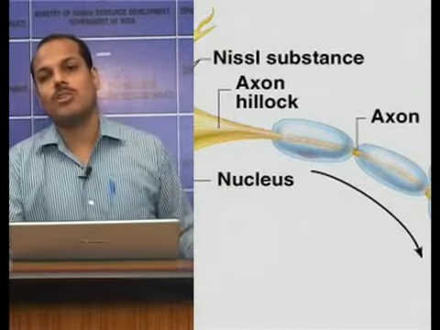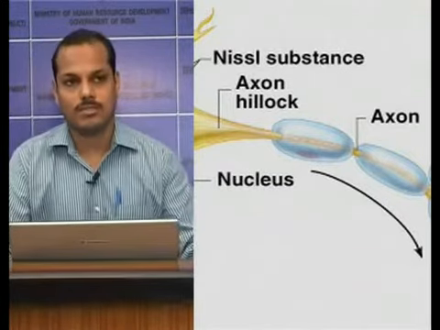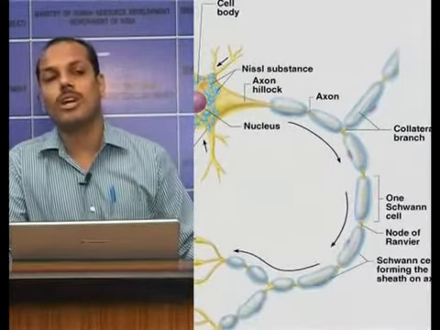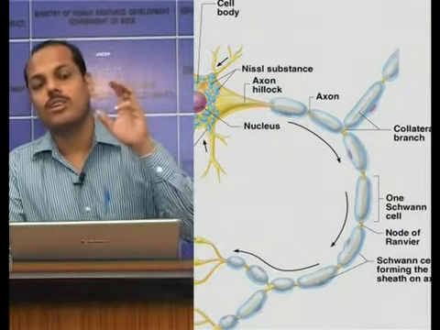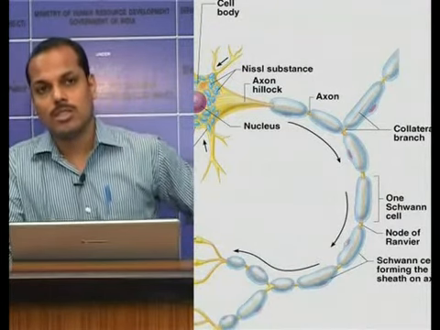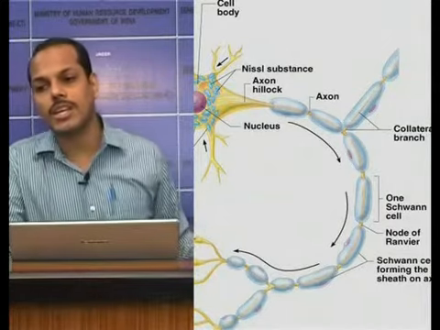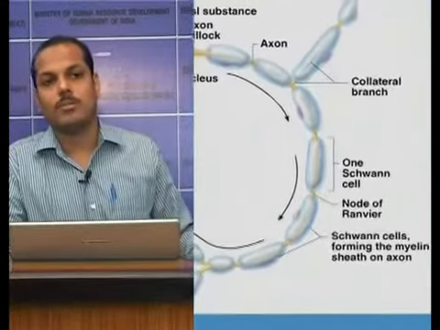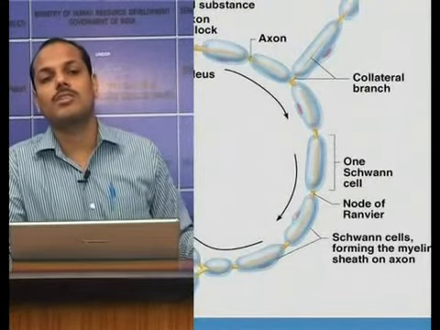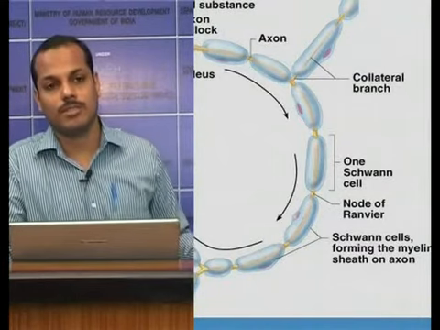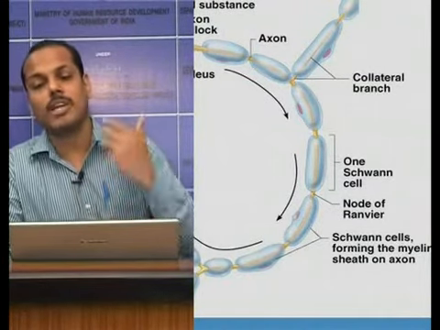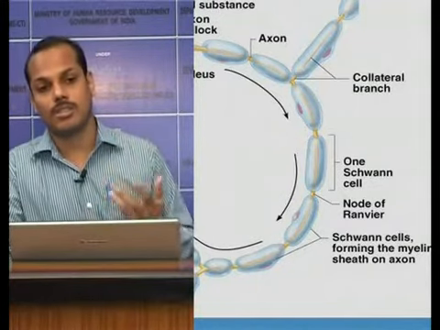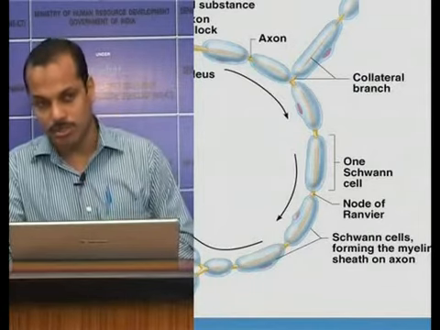Now, outside the axon there are certain sheaths called the myelin sheath. Then outside the myelin sheath there is another sheath called the neurolemma. Under the light microscope, you can see lots of constricted areas between these myelin sheaths. These are called nodes of Ranvier, and the majority of nerve fibers in our body are myelinated nerve fibers. The myelin sheath is also present in the brain, spinal cord, preganglionic nerve fibers, etc. So these are also myelinated.